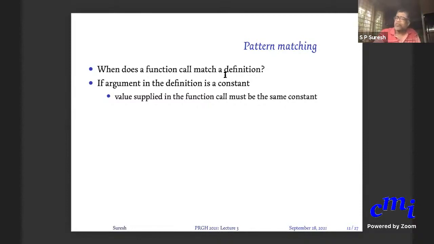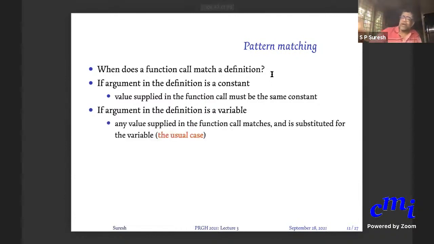If the argument in the definition is a variable, like the last rule, XOR b1 b2 equals false, then any value supplied in the function call will match that definition. Typically the right hand side might refer to b1 as well as b2. So whatever input you receive, you will substitute that.